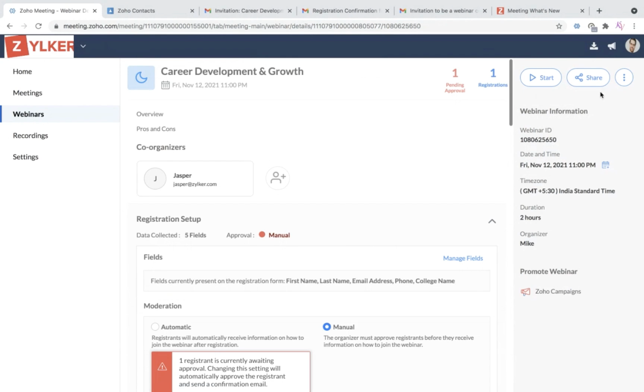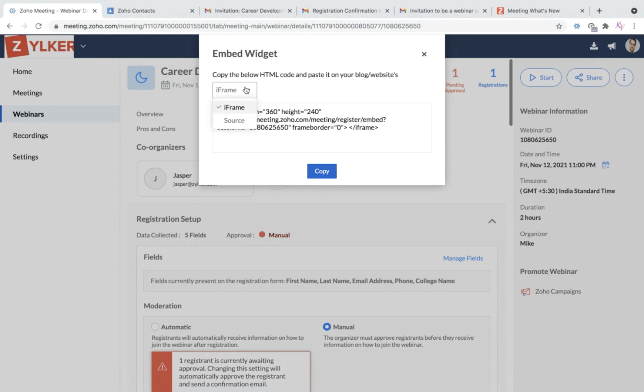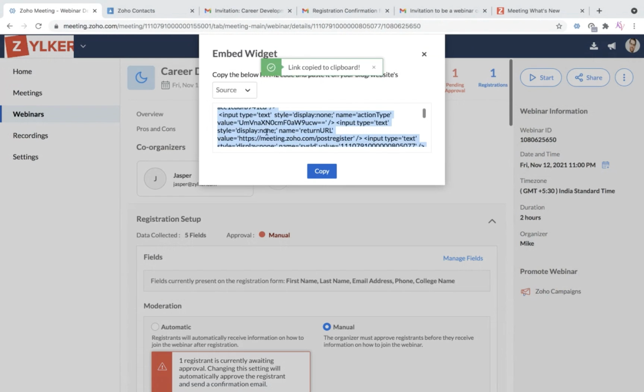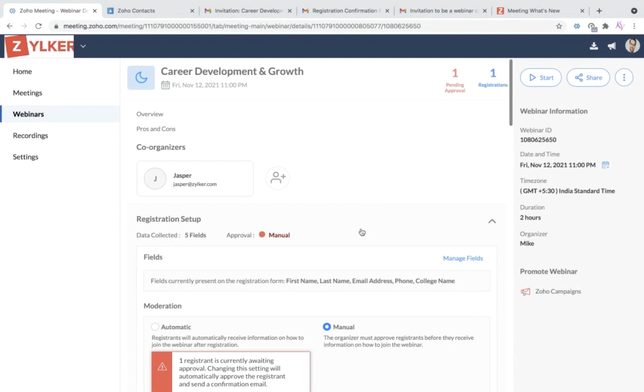You can also drive the webinar registrations by embedding the registration form on web pages and blogs. So the people who visit your page will know about your webinar and they will register for it. You can get the code snippet from here with the help of your web developer. You can embed this onto your website or also in your social media sites. The third way is you can also promote your webinar through Zoho Campaigns integration with Zoho Webinar. Instead of moving away from the tool, you can share your webinar in your social media profile like Facebook, LinkedIn, and Twitter.